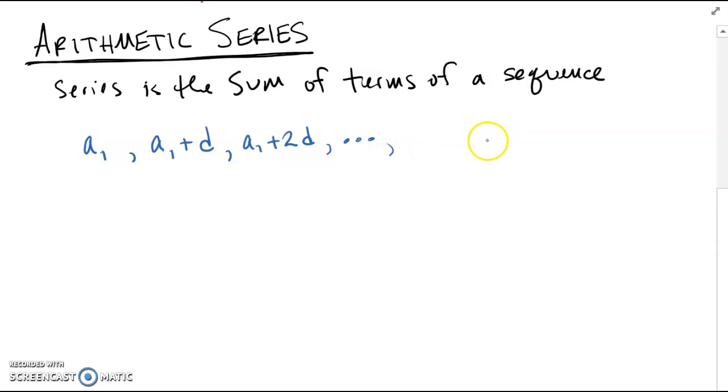So I'm going to leave a little bit of spacing here. What if we go all the way to the last term, a sub n? Well, then if this is the arithmetic sequence, the term right before a sub n would be a sub n minus d, right? Think of it as just backing up the d value, and then a sub n minus 2d. And that's really the beauty of the pattern that worked for Gauss and is going to work for us,